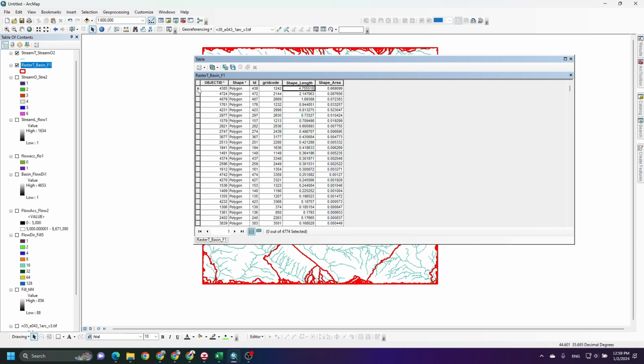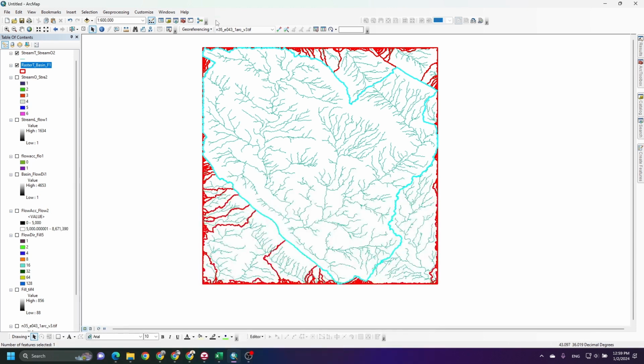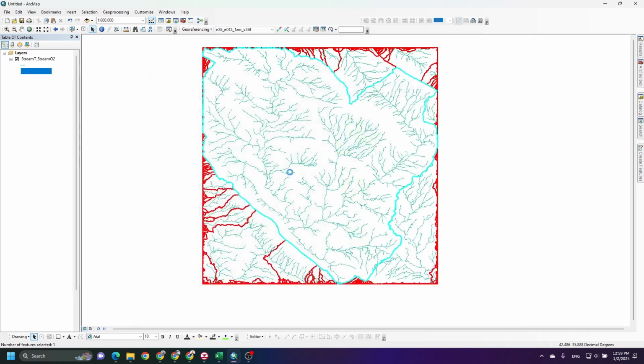We can select this basin which we want to delineate, or this watershed. Then go to Clip and add this basin and also this basin again, and click OK.